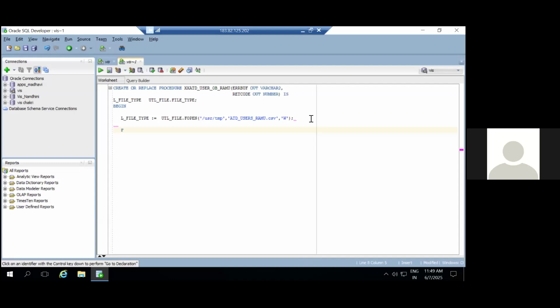I'm writing a for cursor. No need to declare. For rec in select user_name, user_id,